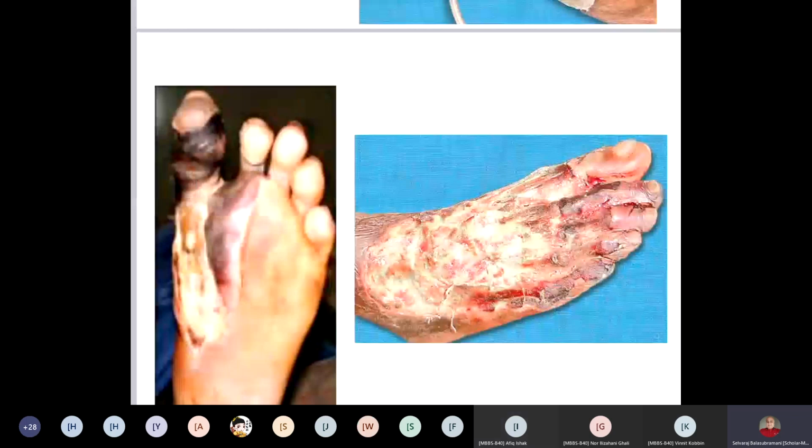Amputation. Suppose it is involving only the toe, what type of amputation will you do? Ray amputation. Very good. If it is involving the whole of the foot, what amputation is best? Syme's amputation. Ankle level. Syme's amputation and all we are not doing nowadays. You have to do a below knee amputation, because if you do a below knee amputation, then you can use a very good artificial limb nowadays.